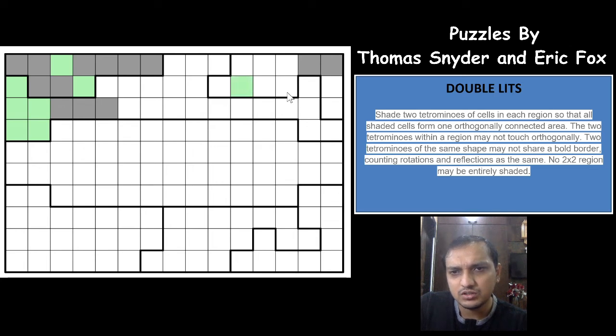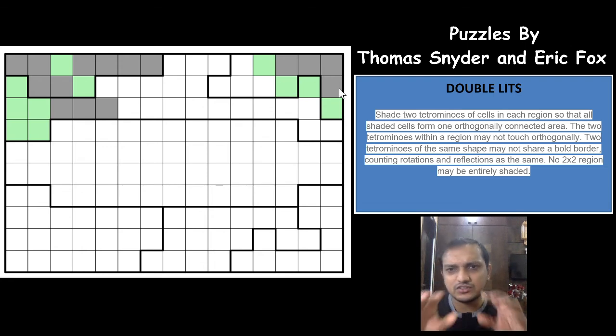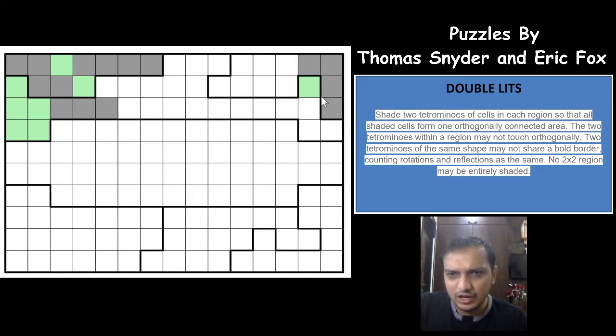If this is unshaded, still try possible. Okay. And all of the cells cannot be here, so this will have to be shaded at least. If this is unshaded, you won't be able to place 2 tetrominos here. Exactly, it is not possible. So this is unshaded. Oh, excellent logic. For this tetromino, this cannot be shaded, because now this tetromino gets stranded in between, and there is no way it can go out and touch other tetrominos. So this will have to be shaded.